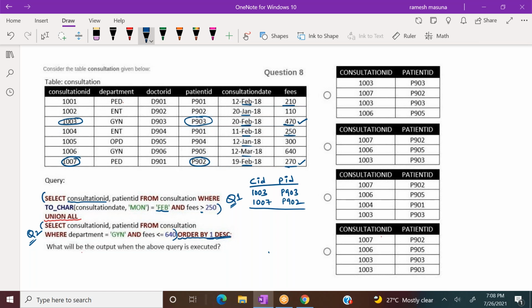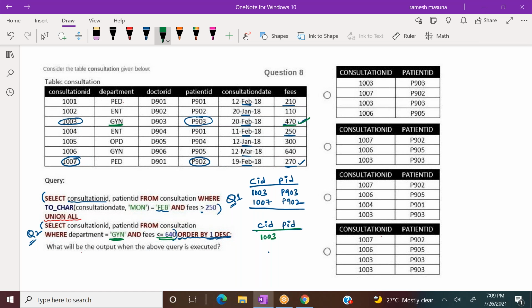Now write the output of Q2. What is the output of Q2? Again, consultation ID and patient ID. What are the conditions? Department name should be GIN and fee should be less than or equal to 640. Department GIN, and fee less than or equal to 640, true. So what are the consultation ID and patient ID?